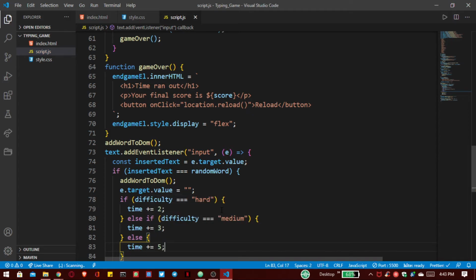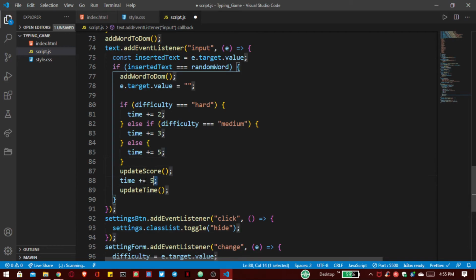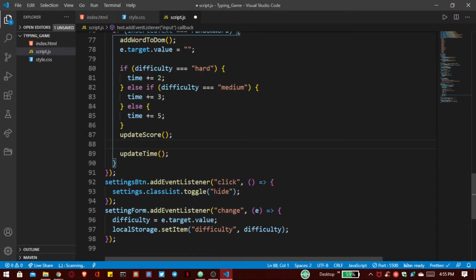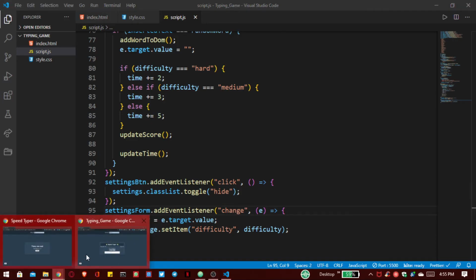So now save this. Also remove this by default time. And here a typo, we have to write settings form. So now save this.